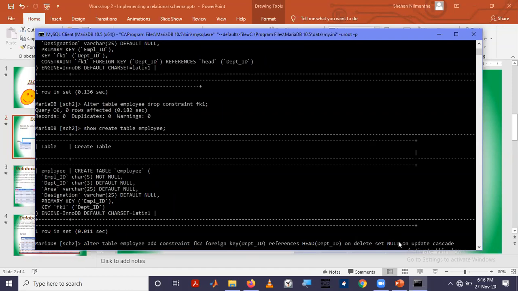Instead of null, you can even say default or cascade. That's how you implement referential integrity, or in other terms, foreign key constraint. So we are adding a foreign key reference constraint in this one. We have to specify on delete what to do, on update what to do.